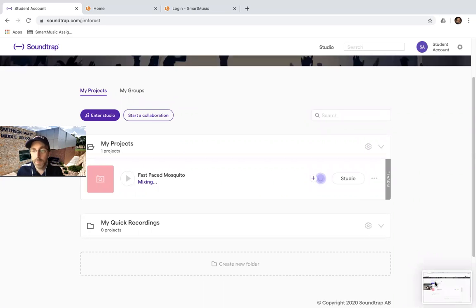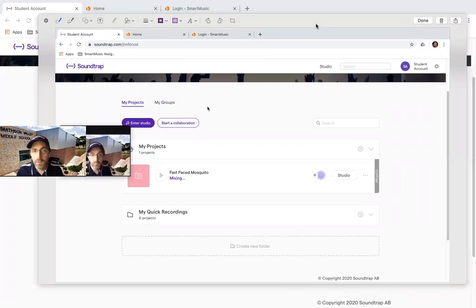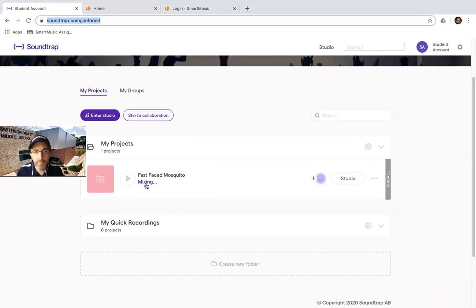Now I'm making sure it opened up down here at the bottom, and here's my little photo right here. I'll make sure that I can see the total here. So I want to wait till that finishes mixing before I do a screenshot, so I can see how long the song is. I don't want you to give me a 2-second song. Give something that's got a little bit of length to it, and make sure that your name is seen in the screenshot as well. Once you've done that screenshot,